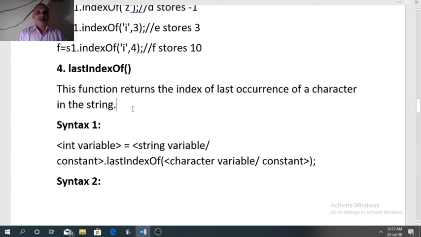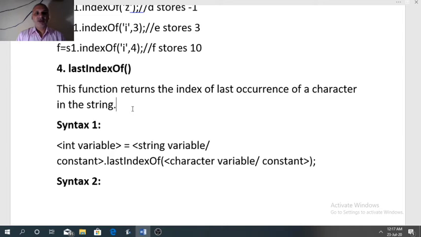So how does the compiler do it? For that you have to see once more how the index of function searches the character. In the case of the previous function index of, searching starts from left to right. As soon as it finds the given character, searching will stop and that index will become your answer. But in case of last index of, it will do the reverse process. In this case, searching will start from right to left.